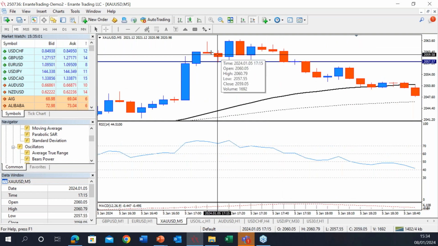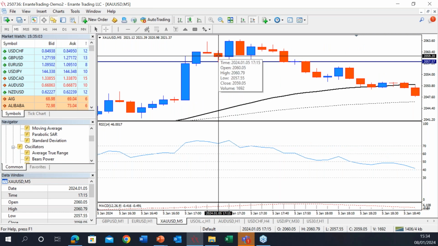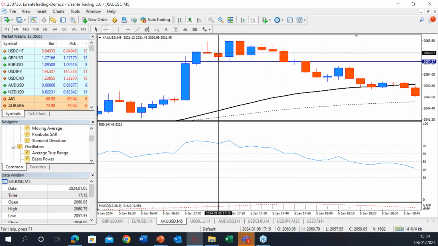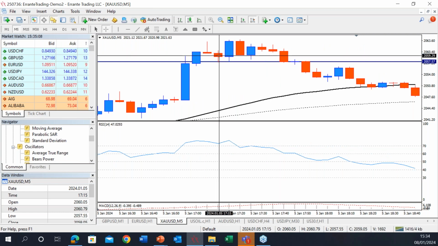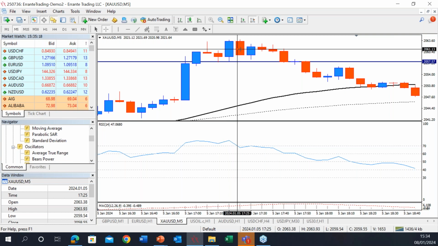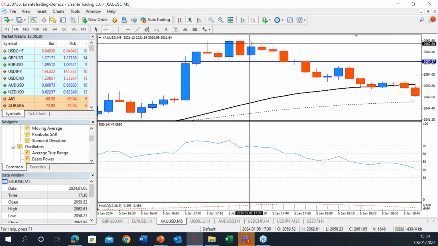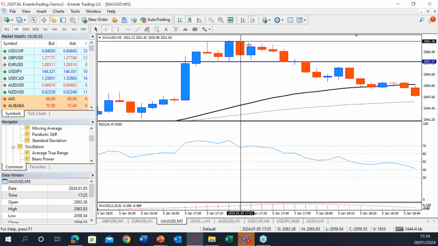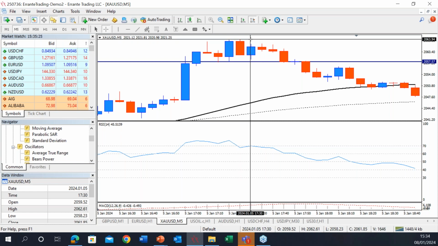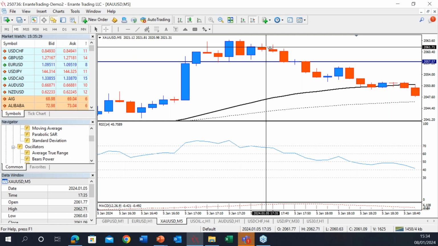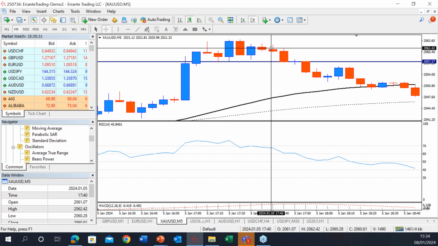We see the bodies of the previous candles are small, which determines the lack of bullish momentum in the market. And we also see the following candles can't get to the high of the previous candle in this pattern. So this is another indication